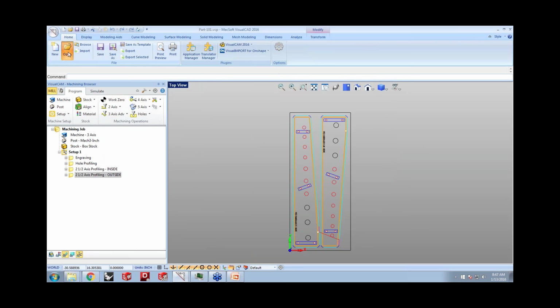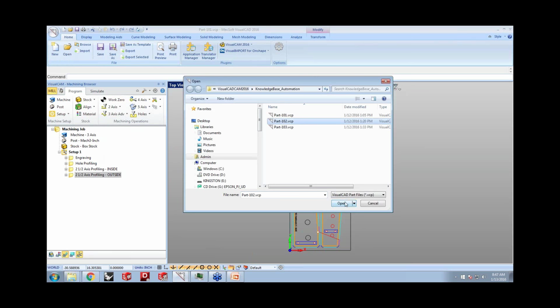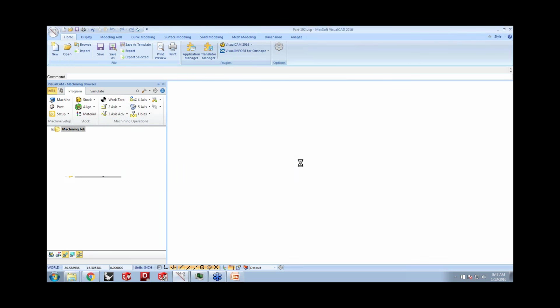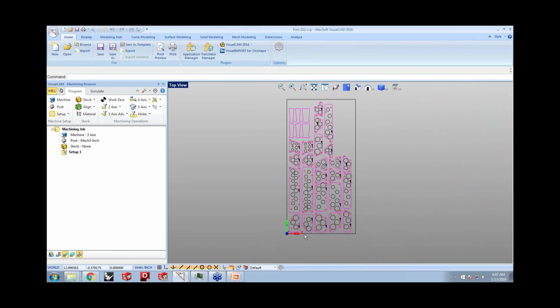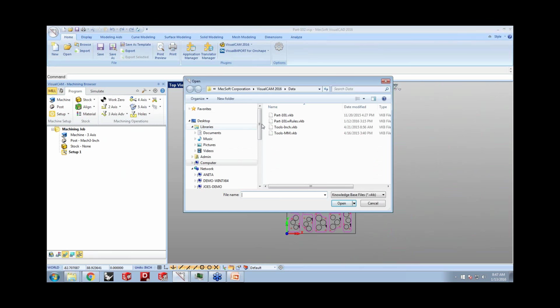Now I'm going to bring in another part, and you'll notice that this part has a similar set of features. There's a much larger set of features. Now in the previous versions you had to load the knowledge base and manually pick those machining regions for each of those operations. Now with this 2016 version with the rules, you can actually go ahead and select this